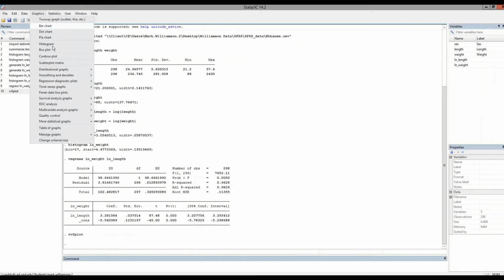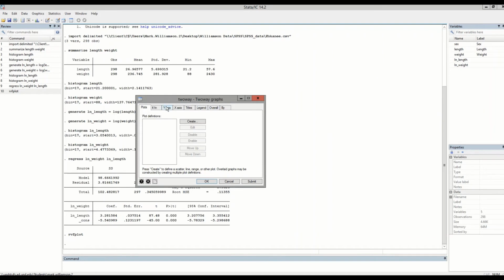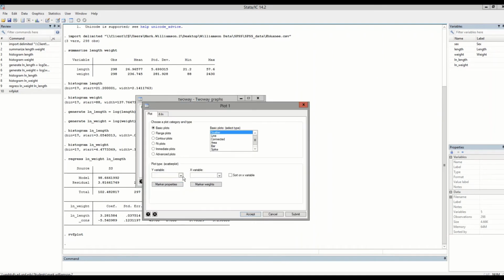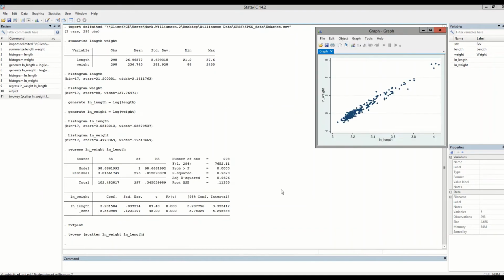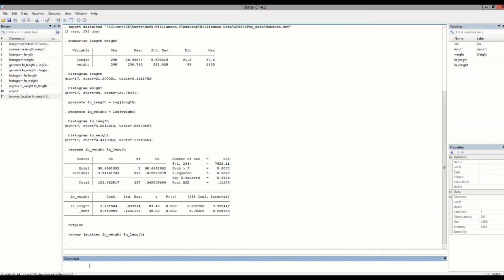And then finally, let's plot our results. If we just do a two-way graph, a scatter plot, where we want to create one. If we just do basic, we want weight, length. Okay, that's what that looks like. But if we want our best fit line, I'm actually going to do it in the command line. The normal graph for a scatter is two-way. I'm going to add this special